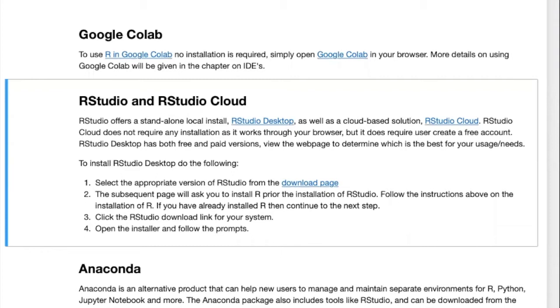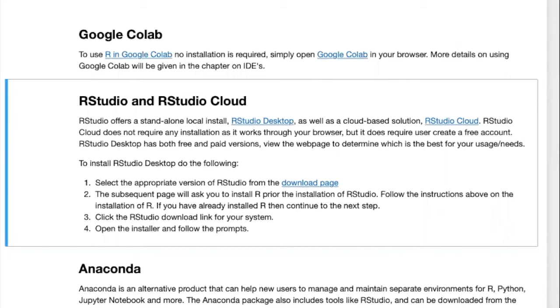In fact, we view it as such an important tool that we wanted to make sure it was included in the series. So this video will show you how to get set up with an RStudio Cloud account, which is a free account. And then in a later video, we'll show you how to actually use RStudio Cloud to start writing code. So to get started with RStudio Cloud, you can either go to